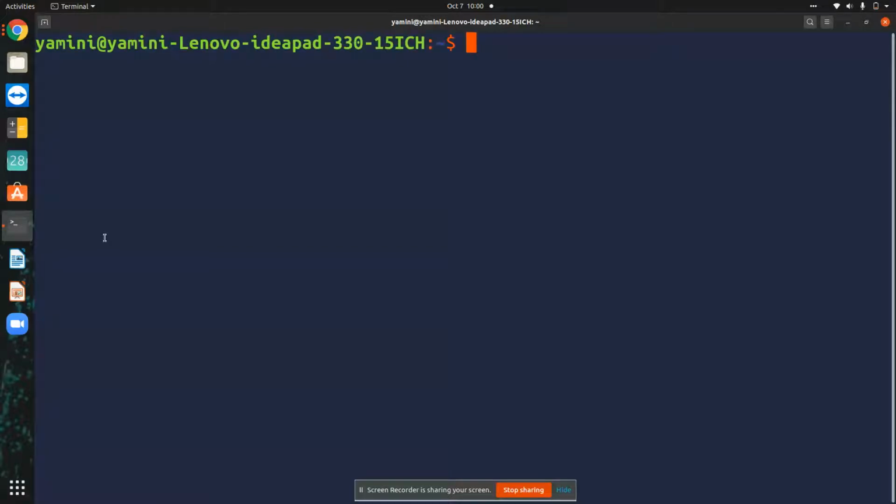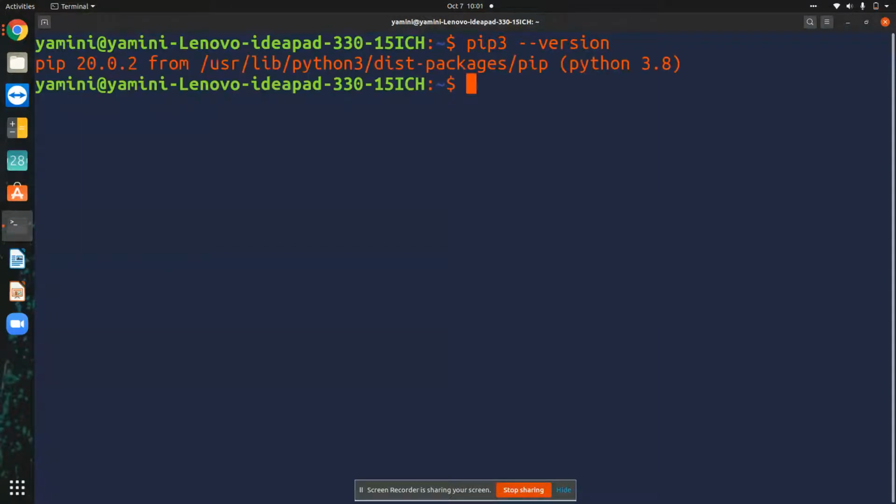First, we have to check the pip version, because without it we cannot install Jupyter Notebook. We will check using the command pip3 --version. Since I have Python, I have already installed pip on my laptop, so we can see 20.0.2.